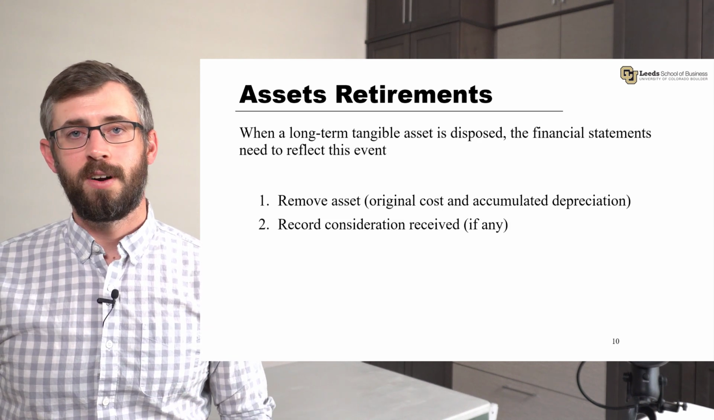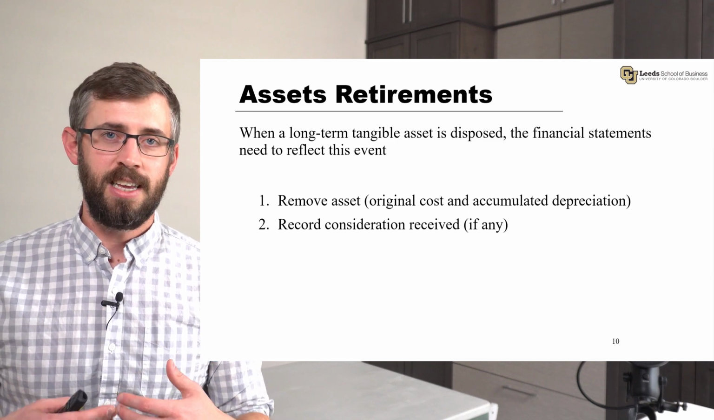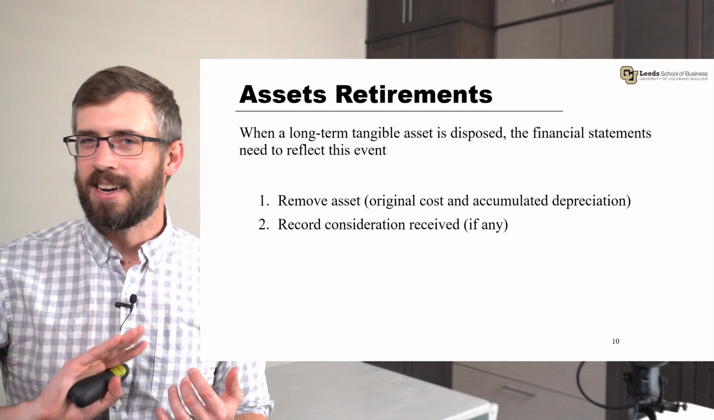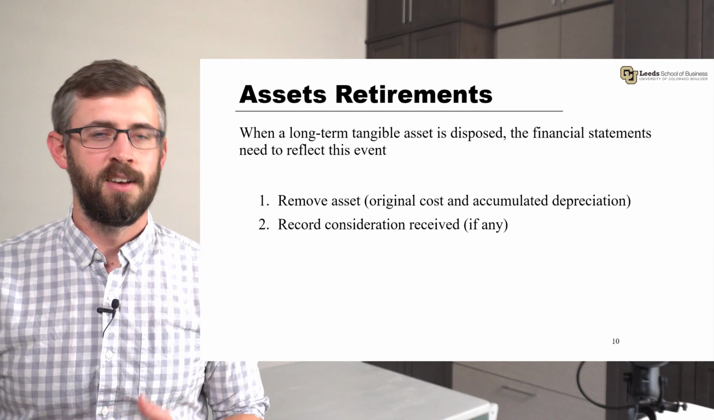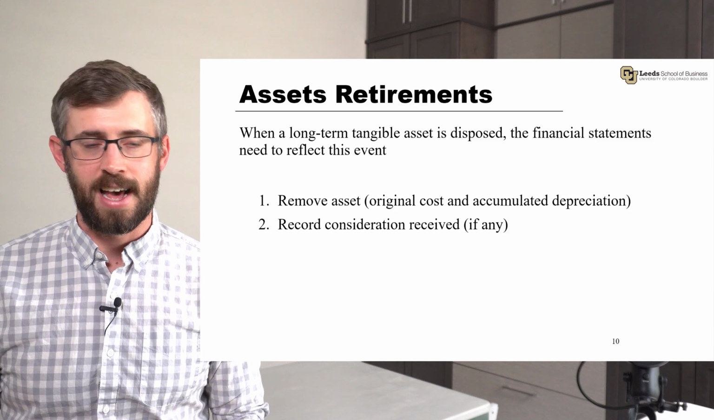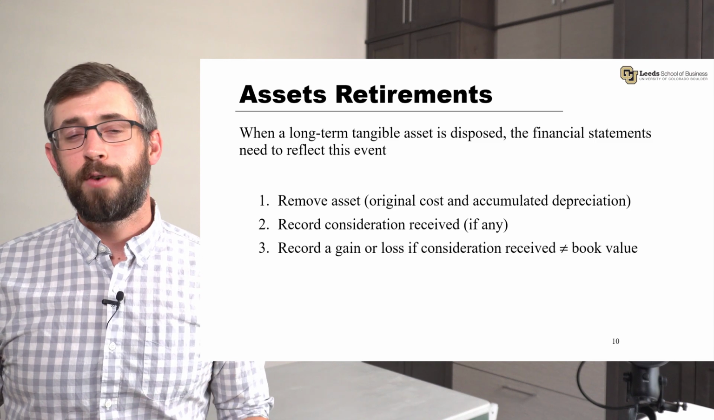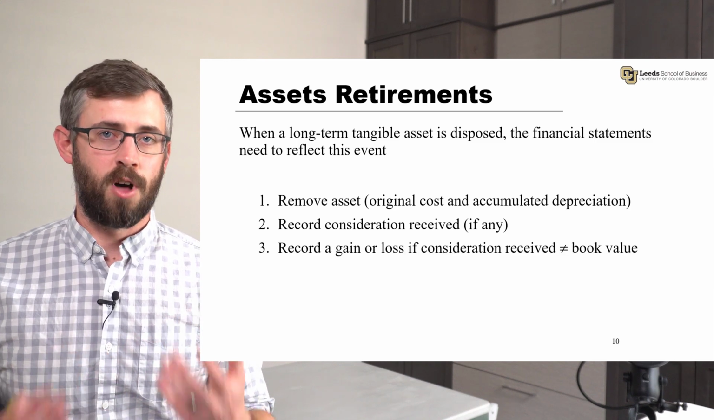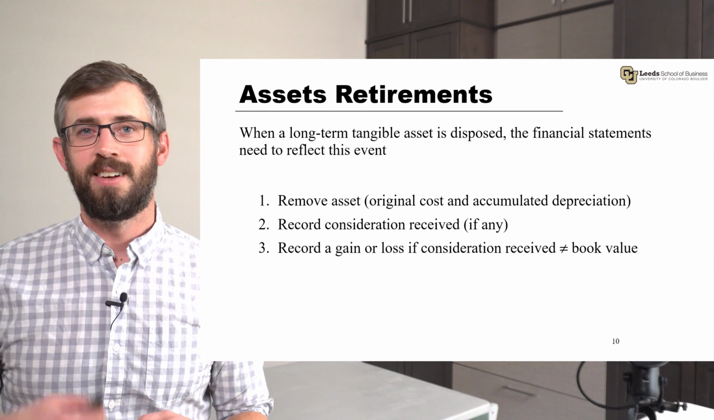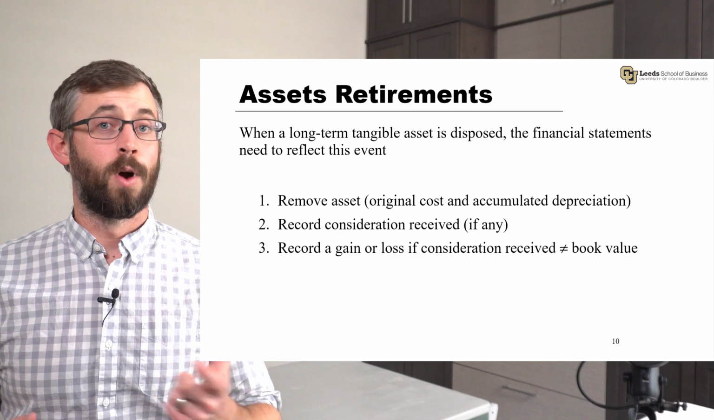Second, we're going to record any consideration that we receive if we're selling that asset, so any cash that we receive, and we're going to get into non-monetary exchanges in class, but we record whatever we received in exchange for the sale of that asset. And then 3, we record if there is any gain or loss on that sale. And that's basically if the consideration we receive does not equal the book value, we're going to have a gain